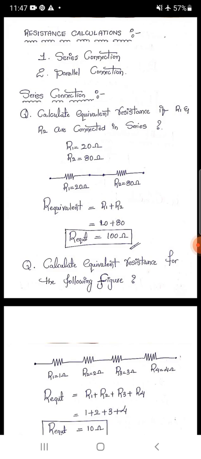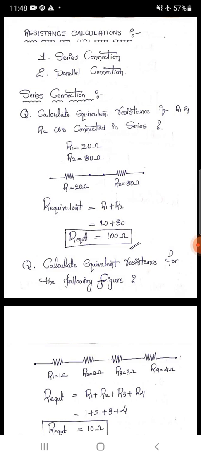So basically we have two different types of connections. One is series connection, the second one is parallel connection. First, series connection. Series connection means how two resistances are connected. Just see here, we have one circuit with R1 and R2. If these two are connected directly like this, then this type of connection we call a